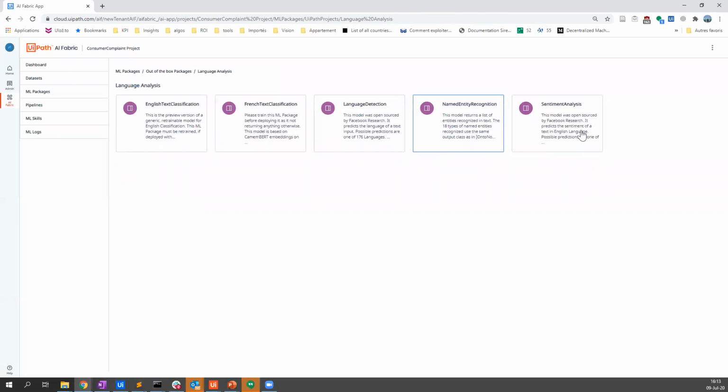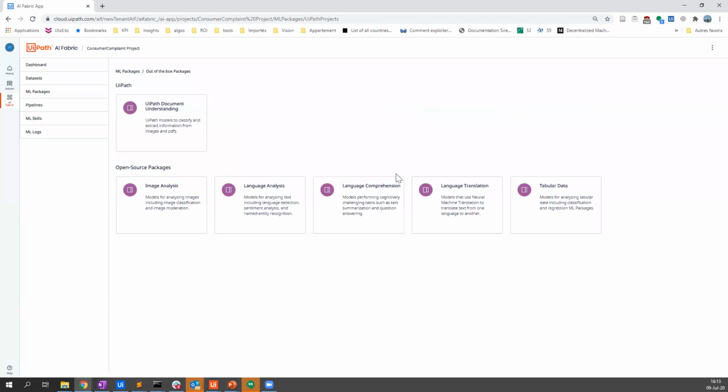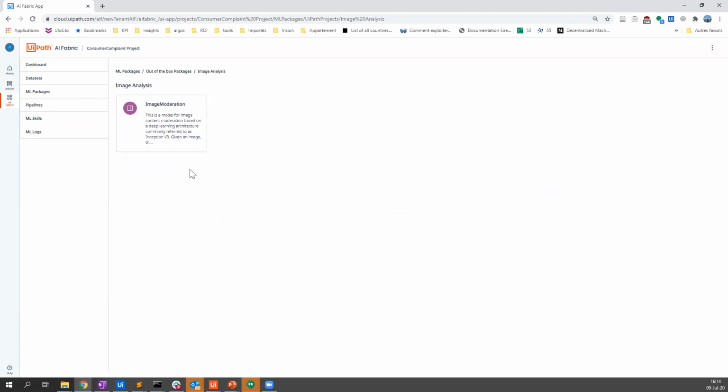Named entity recognition, sentiment analysis. It's evolving a lot. And as I told you before, any input of what you need and what you would like to see will be useful for us as we build that for you. So whatever you need, we'll try to add it if we can do it. You also have some models on image analysis because you can send some images very easily. This one is about image moderation, like putting out not safe for work content and stuff like this.